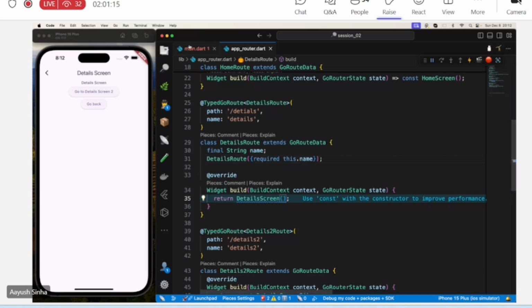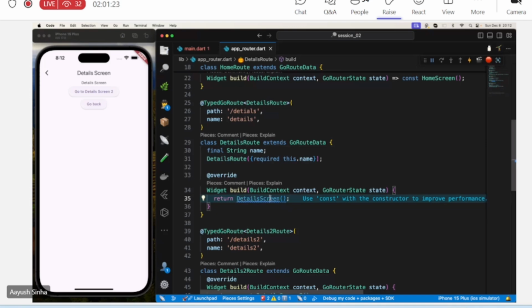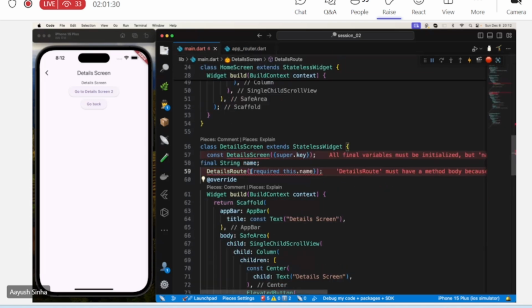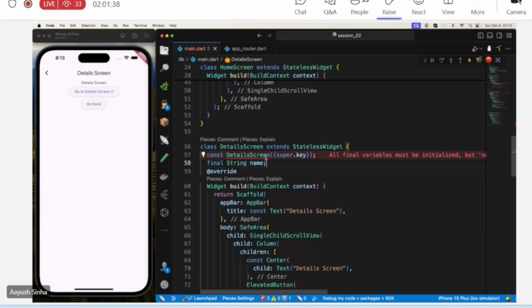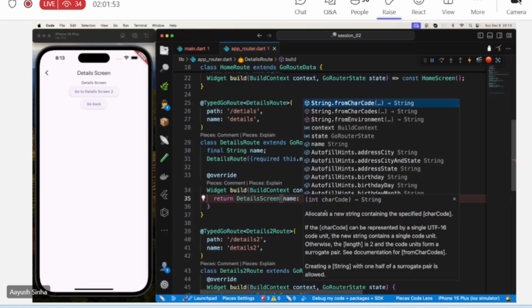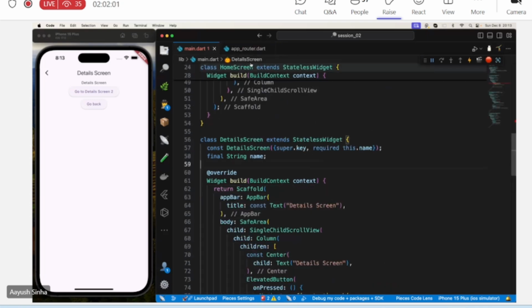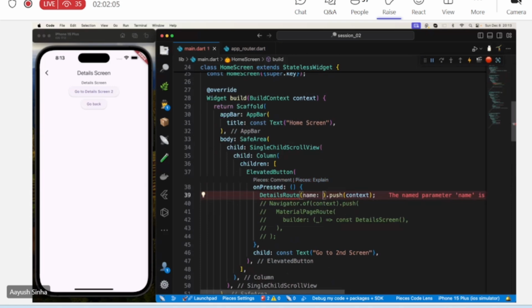From this home screen I am going to the details route first, then from the details route I am going to the details screen. So now I also need to make this constructor and field in the details screen. I will just copy this and paste here. Sorry, we already have the constructor here, so I will include the parameter required this dot name. It is giving error because I need to pass the name in the route class. This is coming from top, this one. And now I need to pass the name to the details route as well. I can pass any string. I'm giving my name here,